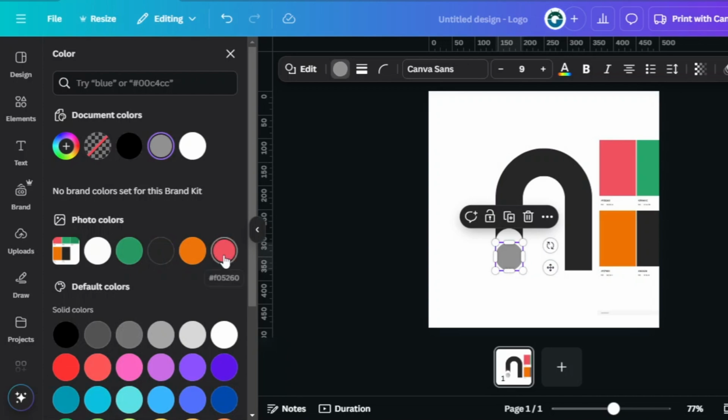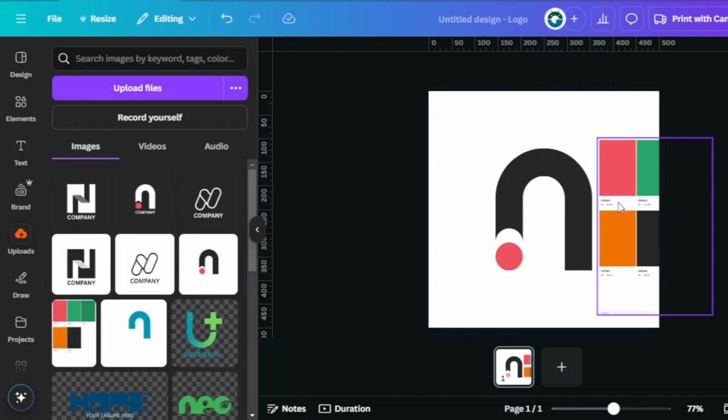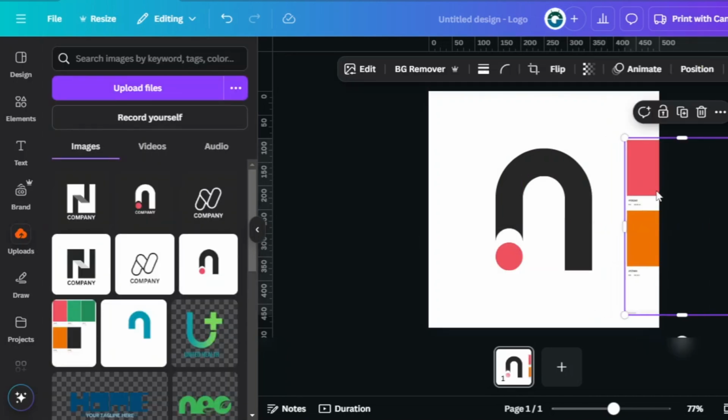Here I'm using black and pink to create a bold yet stylish impression.